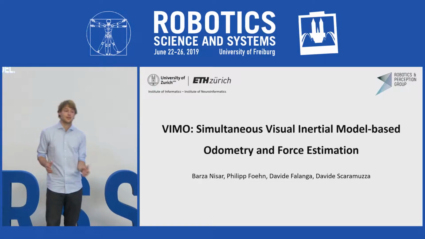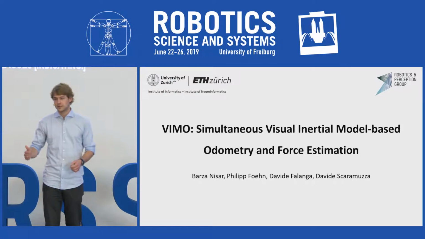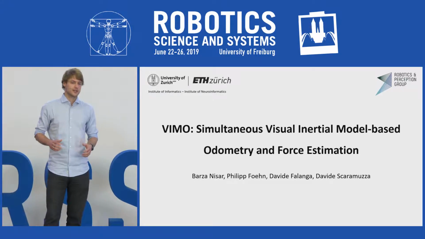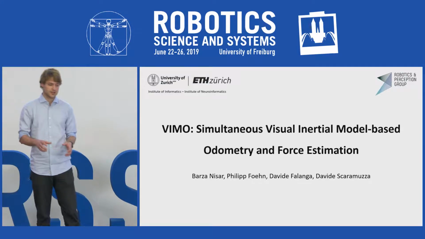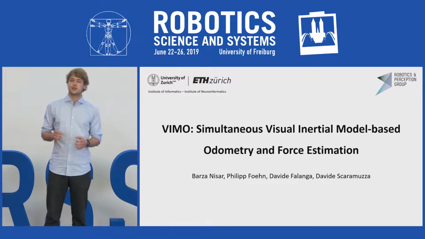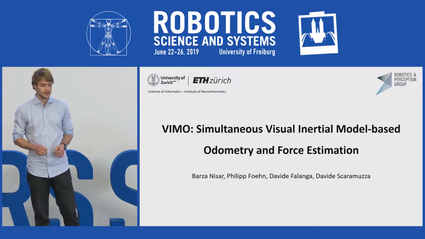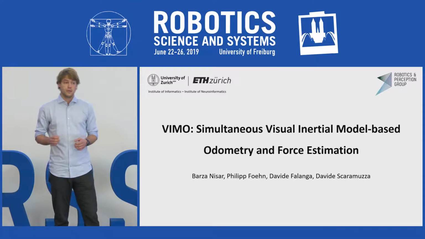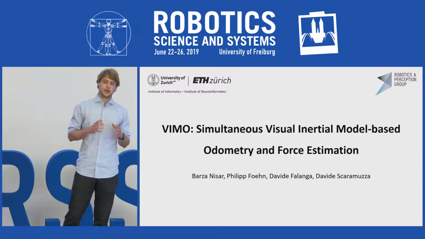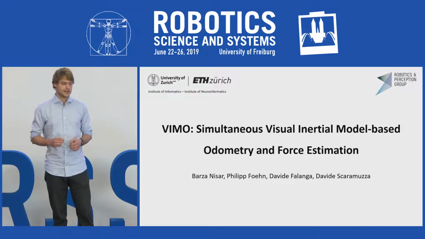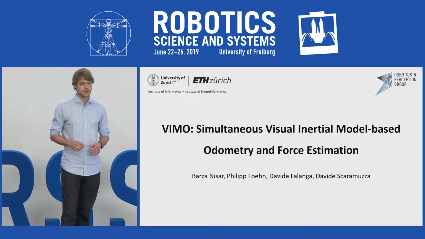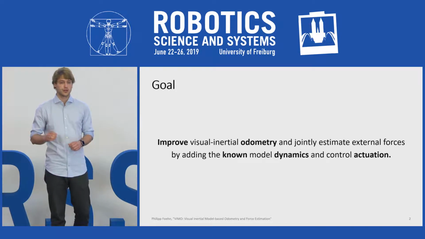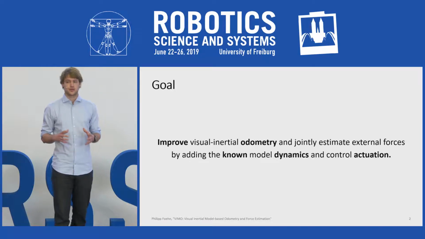Drones nowadays often target applications such as manipulation, transportation, or inspection, where they need to detect interactions like picking up a package or grasping. Common approaches use visual odometry for localization and an additional estimator to recover the interaction forces, but they neither exploit the known system dynamics nor jointly estimate the external forces to reduce uncertainties. We want to change that and set our goal to improve visual odometry by jointly estimating the external forces based